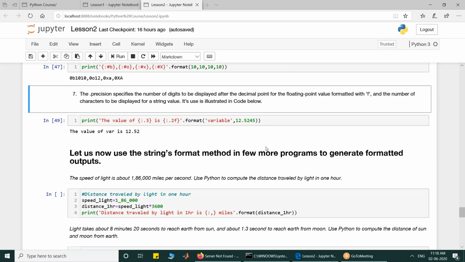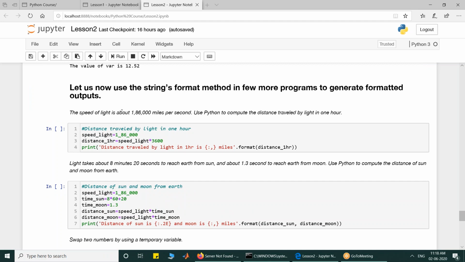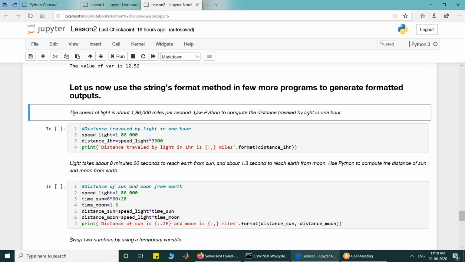Okay, so let's look at a few programs and the string method that we are going to work with. I want you to quickly look at it. Our main focus is on the formatting part here. So I want you to work with this problem statement. Speed of light is 1,86,000 miles per second.